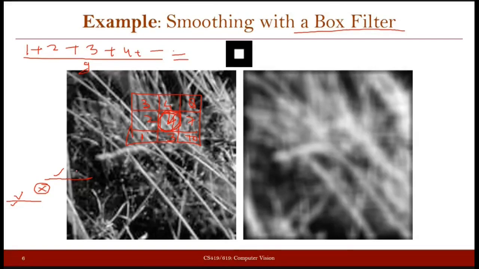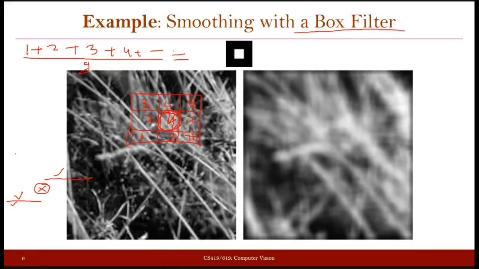So in some sense, when you are performing the average in your image, for the pixels which have very high values, you are going to decrease their intensities, and for the pixels which have low values in your image, you are going to increase their intensity. Okay. So what kind of effect will you see in your image after performing such an operation? You will see that the higher values have come down and the lower values have come up. So it will create a kind of smoothing in your image. Smoothing basically means removing the sharp details.